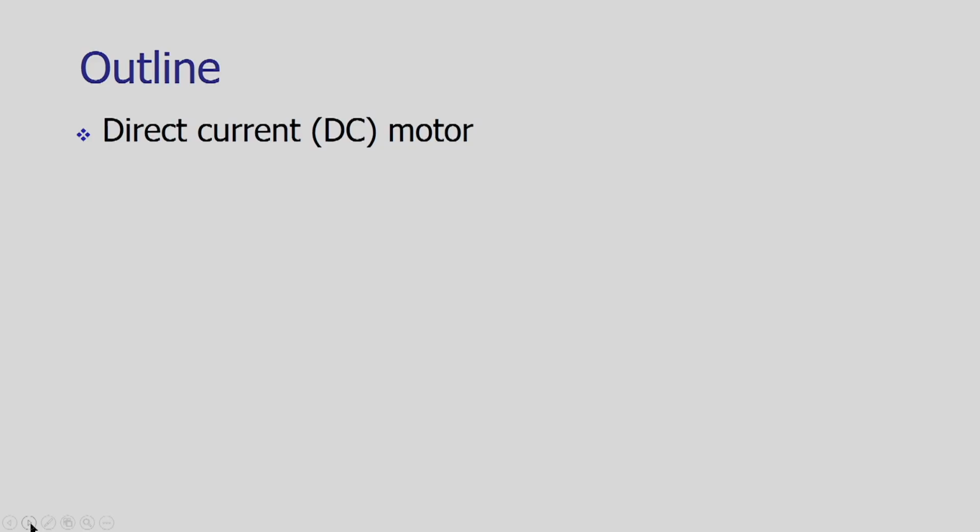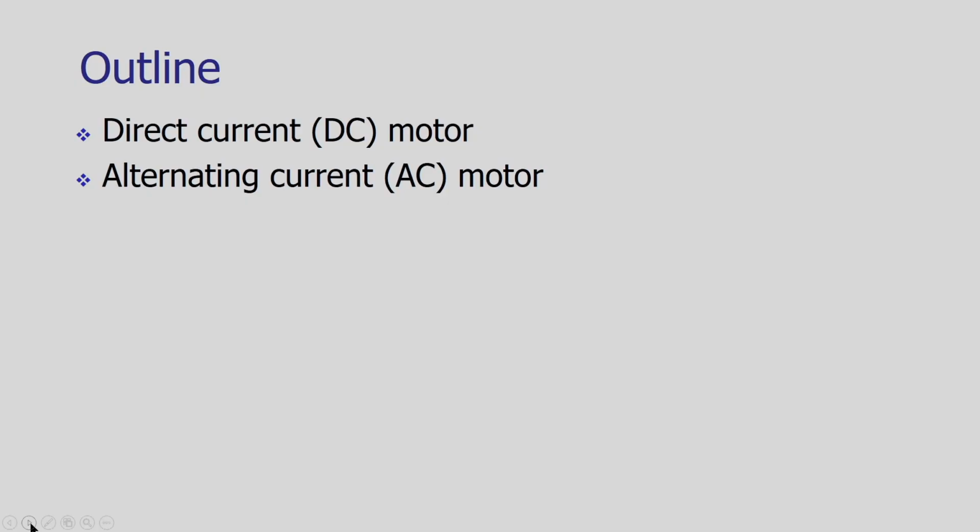Well, let us look at the outline of this lecture. At the start of the lecture, we will see the direct current motor, its principle of operation, construction and its applications. So, DC motor is the fundamental motor, it is a very important part of an automated system. Then we will see the alternating current motor, its constructional details, principle of operation and the applications. At the end we will conclude and then we move ahead for the next part of our study. Well, let us begin lecture 2.